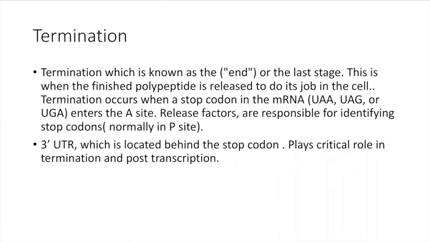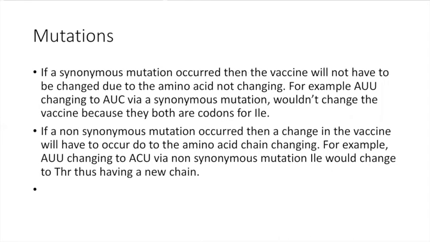Next, we have termination, which is known as the end or the last stage. This is when the finished polypeptide is released to do its job in the cell. Termination occurs when a stop codon in the mRNA enters the A site. The release factors, which are responsible for identifying stop codons, are normally in the P site. The 3' UTR, which is located behind the stop codon, plays a critical role in the